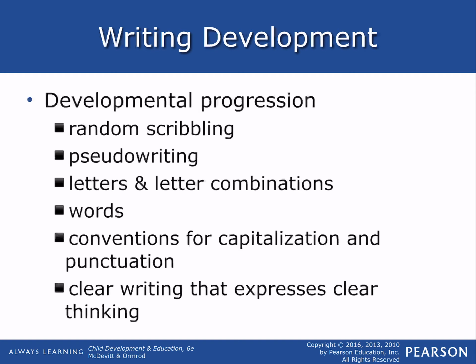Random scribbling. That's when kids write things for you, and then you go, what does it say? And then they tell you what it says. Pseudo writing, which is a little more organized than scribbling, like they are sort of letters, almost letters. They put together then letters and letter combinations, but they don't know how to spell. Then they get into words. And then when they get into words, they have to work on spacing the word, spelling the word correctly. They usually do it phonetically at first, right? And so there's some common errors.